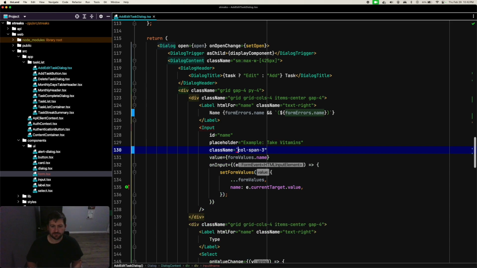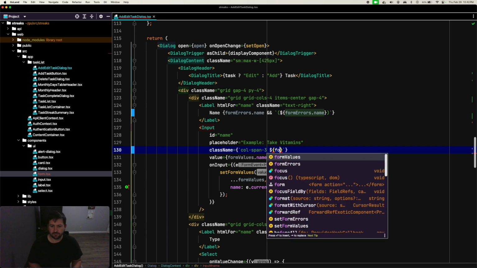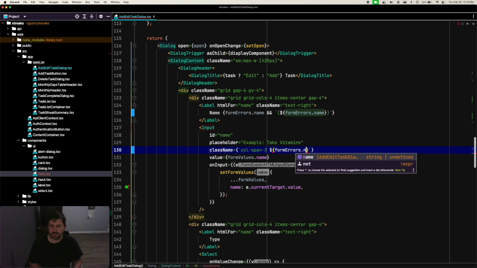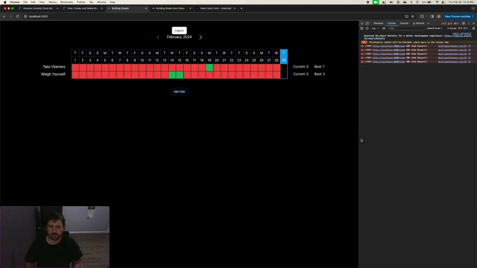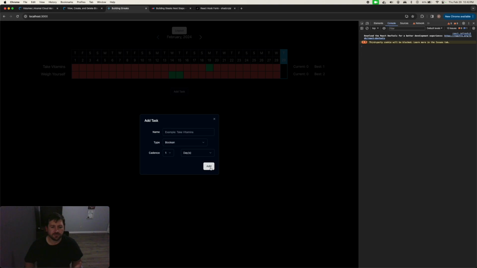What we'll do is we'll just do one of these and put this in, we can write some code and we'll put a little form errors dot name, and if not, we'll close it off. So that's there. Yeah, okay. So if we do this, press add,